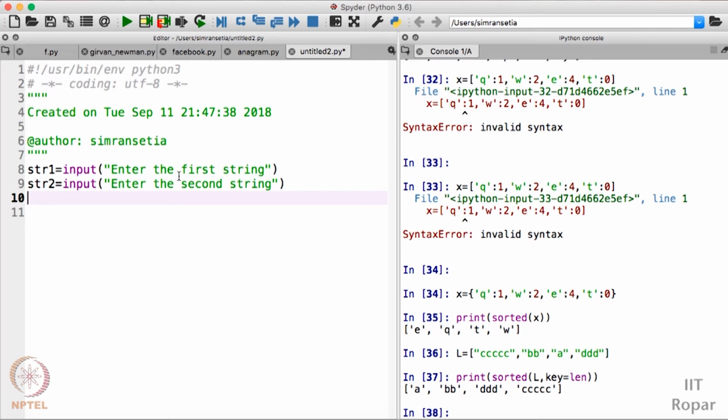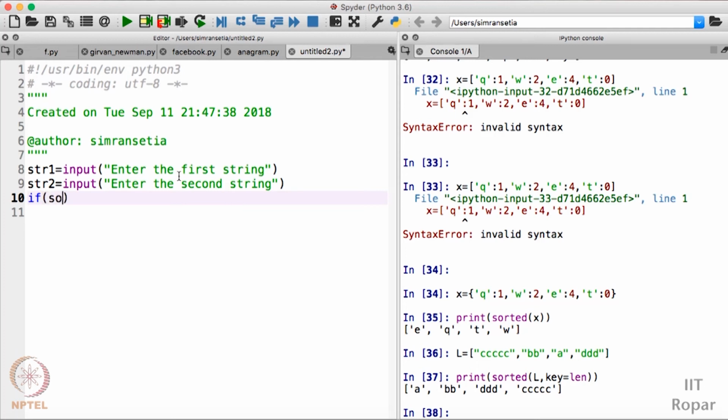So we can sort these two strings, str1 and str2, and if the sorted versions of these two are the same, then we can say that str1 and str2 are anagrams, otherwise they are not. So what should I write here?